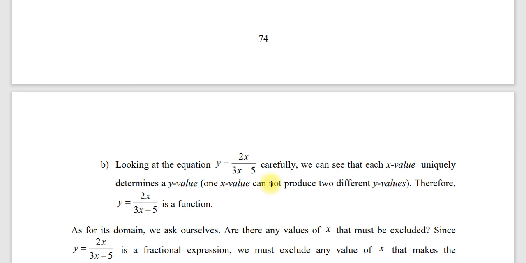ያ ማለት ለምሳሌ x ላይ 2 ብንተካ የተለያዩ ሁለት y ቫልዩዎችን ፕሮዲዩስ ሊያደርግልን አይችልም እንበልና ለምሳሌ ዋንን እንተካ x ላይ ዋንን ስንተካ 2 times 1 2 ነው። እዚህ ላይ 3 times 1 3 ነው። ስለዚህ 2 over minus 2 ማለት ነው -1 መጣ። ስለዚህ y -1 ሆነልን። ማንን ስንተካ? ዋንን ስንተካ። አሁንም ዋንን እንተካ -1 ነው የሚሰጠን እንጂ ሌላ የተለየ ቁጥር ሊሰጠን አይችልም ለy ማለት ነው። ያ ነው እንግዲህ one x value cannot produce two different y value የሚለን ማለት ነው። therefore y which is equal to x over 3x minus 5 is a function እንላለን።